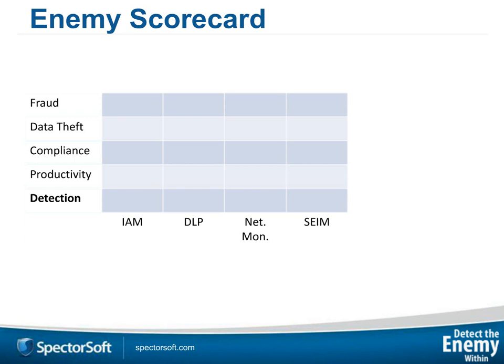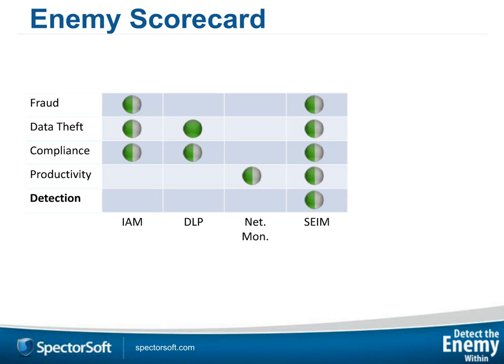And I put it like this. I kind of gave some of them half credit and some of them good credit. Let me just walk through it and give me the benefit of the doubt here. You don't have to necessarily agree with me, but I'm just trying to paint the picture. Identity and access management is going to help with some fraud, data theft, and compliance because it's going to keep people who should be accessing resources only getting the stuff they need.